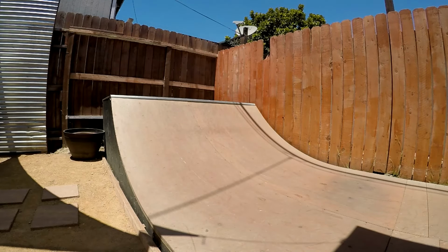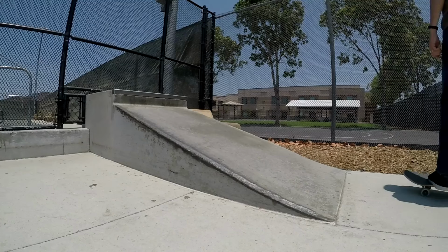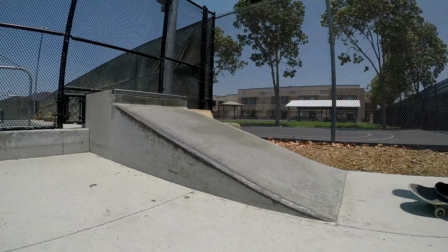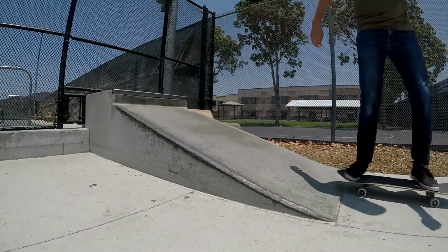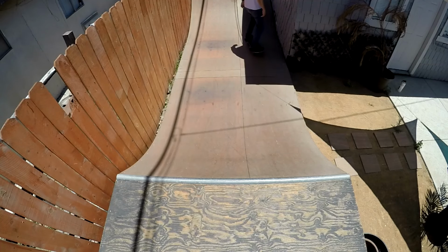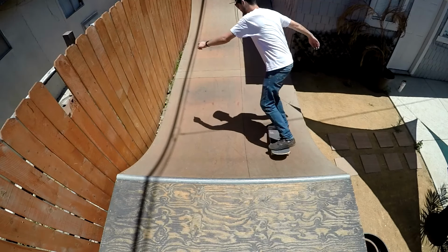And once again, you can practice this on a flat bank just so you get the feeling of doing a kick turn while at a slight angle. And once you get really comfortable with that, you can then bring it back to the transition and try it on a ramp. So in my opinion, if you're looking to start getting into skating transition and ramps in general,